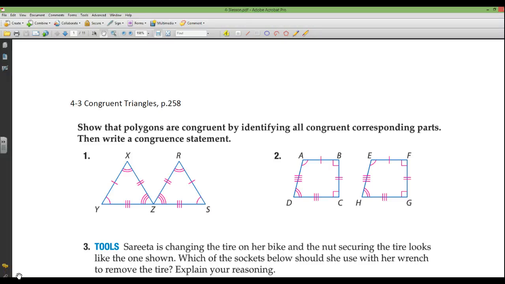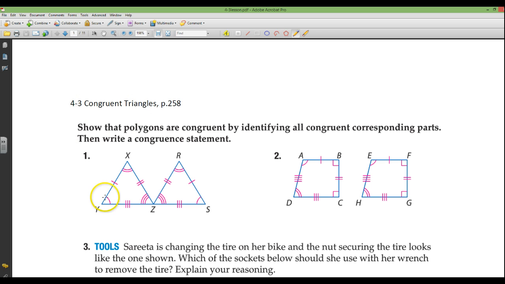This is lesson 4.3, congruent triangles, starting on page 258. For number 1, show the polygons are congruent by identifying all congruent corresponding parts, then write a congruent statement. So, for number 1,